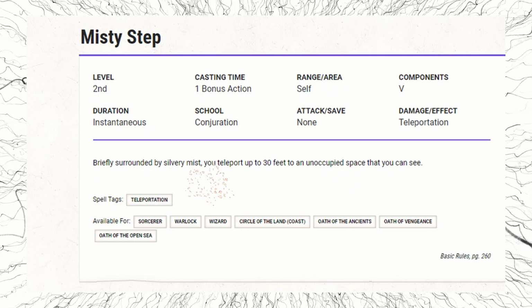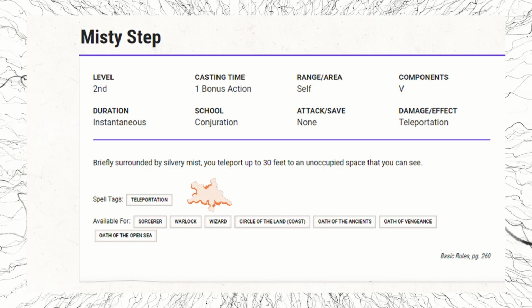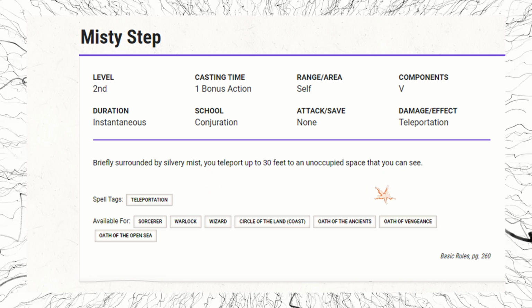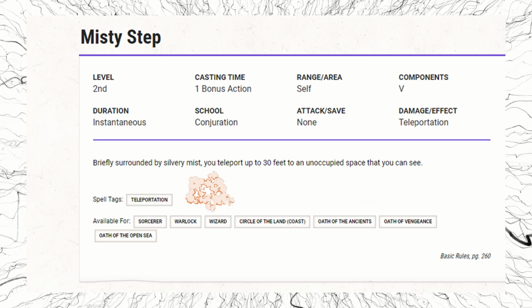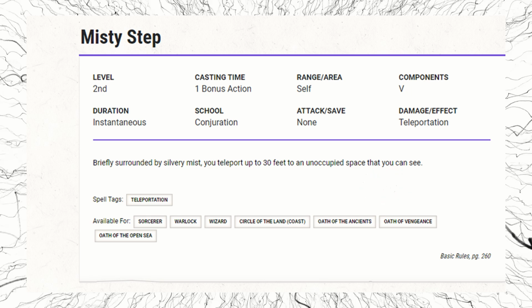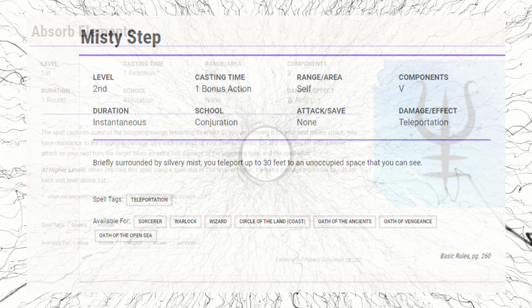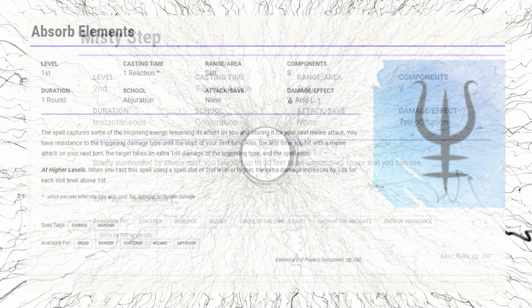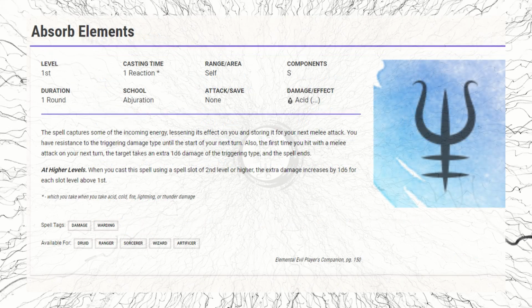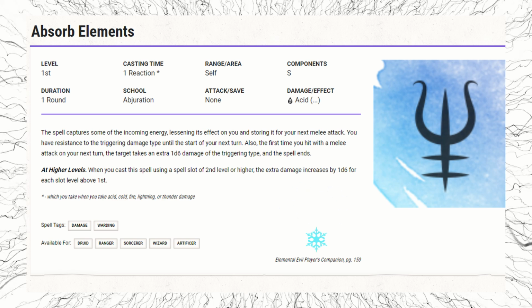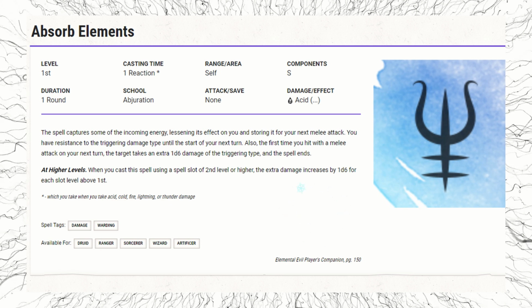I wanted Shadow Step to have a teleportation ability similar to Misty Step, but as a reaction to being damaged by an attack or due to making a dexterity saving throw. I was looking for that cinematic superhero feeling of teleporting away from an incoming attack. I also wanted Shadow Step to have the potential of avoiding all the damage or at least reducing some of the damage. This is where the idea of Absorb Elements and Temporal Shunt came into play,